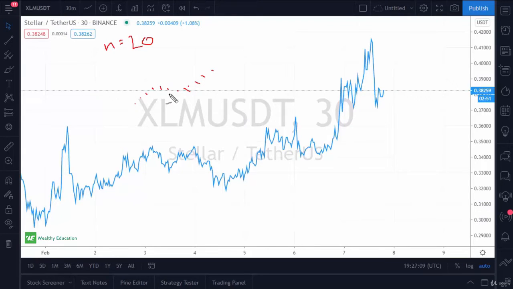Highs and lows and everything else. But 99% of the time, you're talking about the close. So it plots it like a dot on the chart, and then it connects it. So it becomes a line, much like a price chart. This is simply the close of Stellar